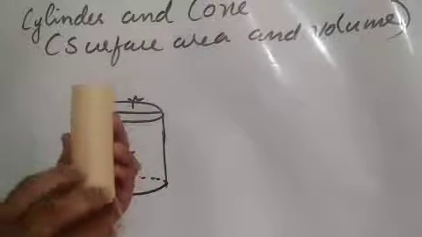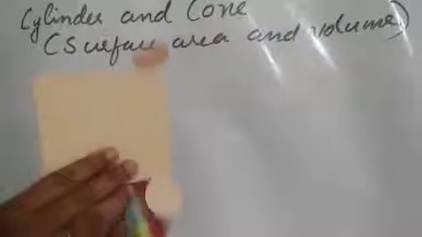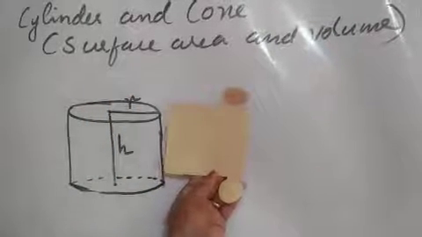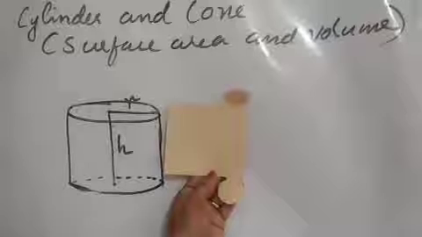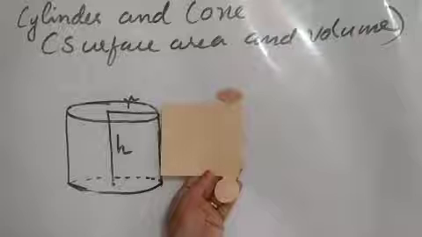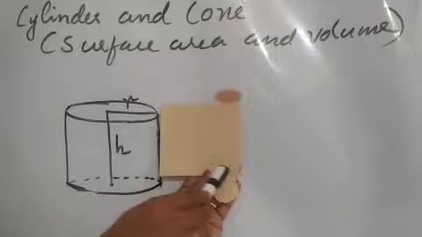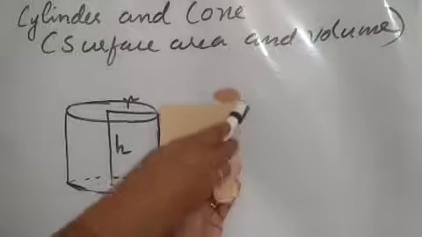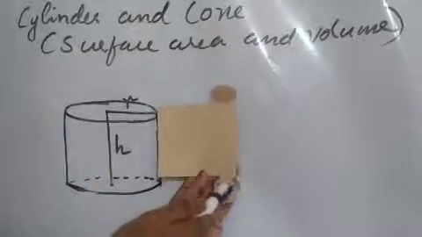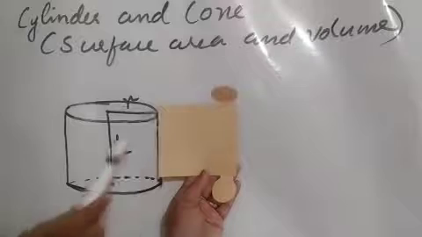So I am going to open it. This is the cover around this, and look at the top and bottom. This is the shape of this cylinder. You can see 2 circles and a rectangular shape. This is the cover of this wrapped paper of this right circular cylinder. The length is the perimeter of the base, and the breadth is the height of the cylinder, and this shape is the top, and the same circular shape is at the bottom. So these 2 circles and 1 rectangle form the cylinder.